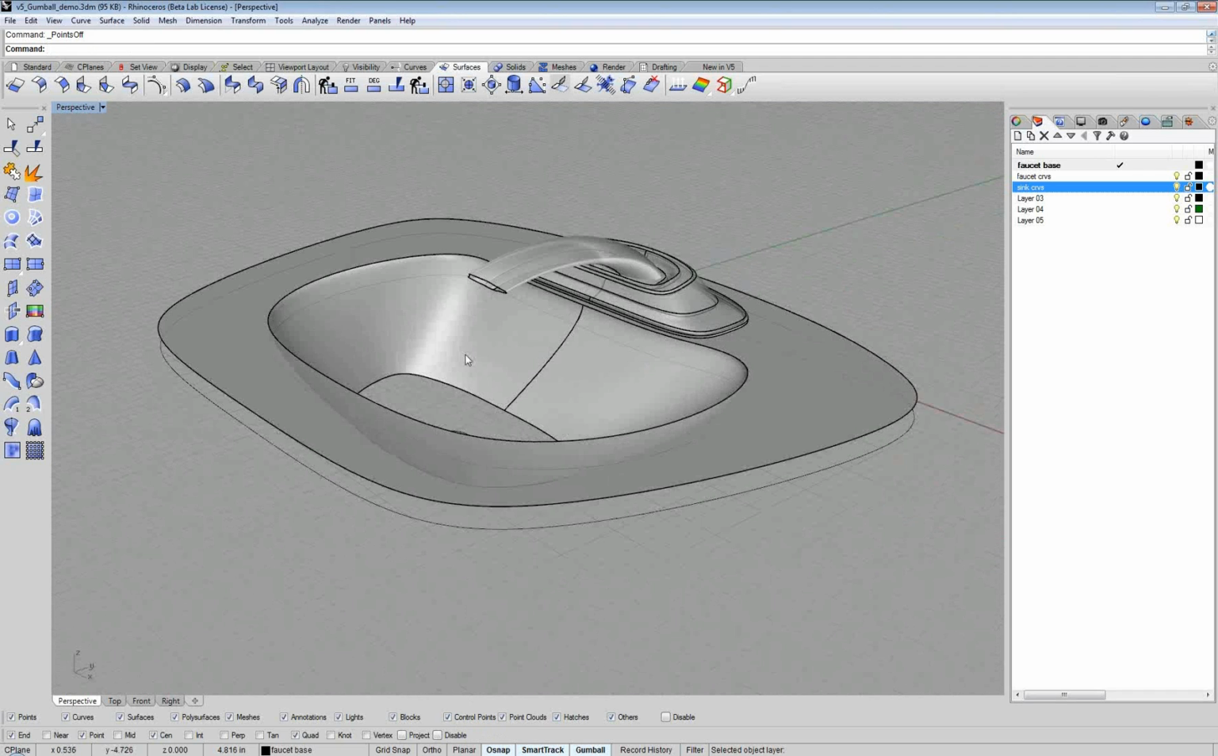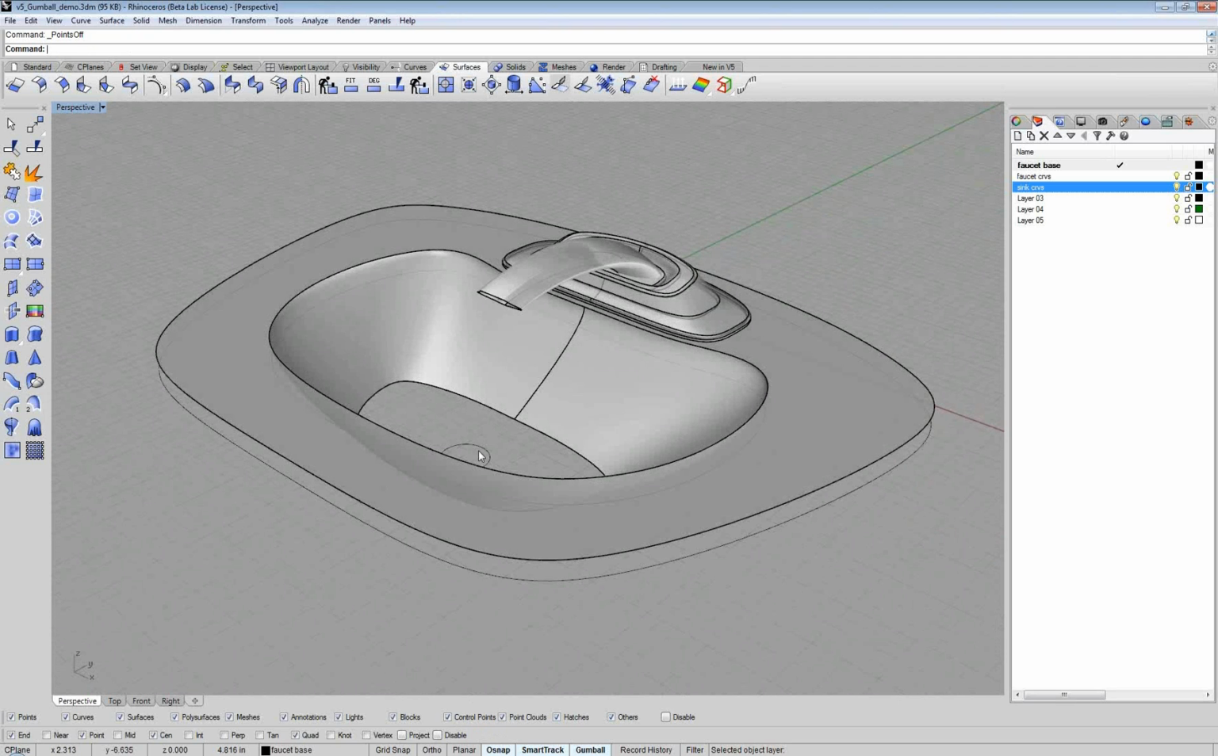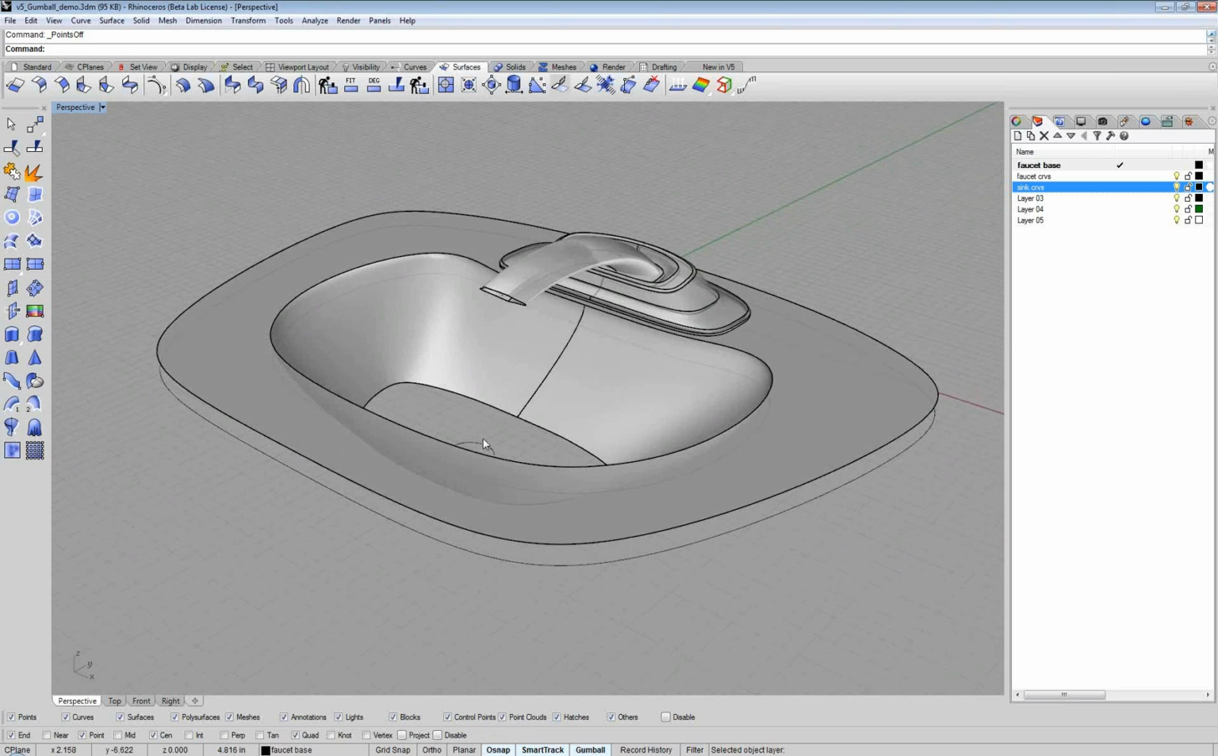Okay, so it looks like I have a little bit more time left. We're at 2:30, so let me continue with this